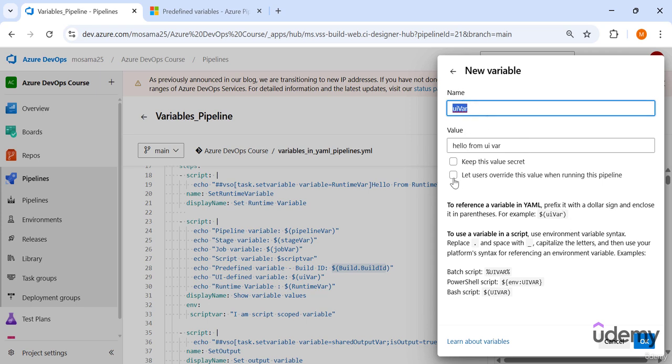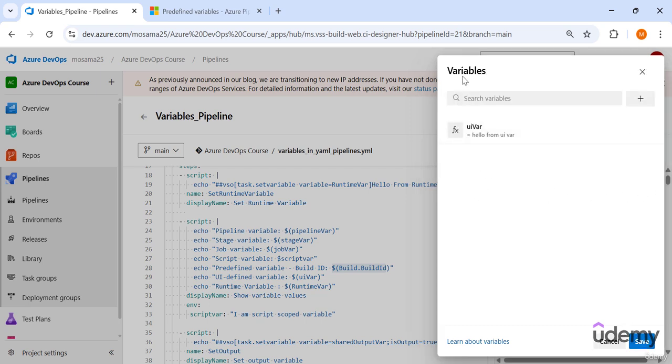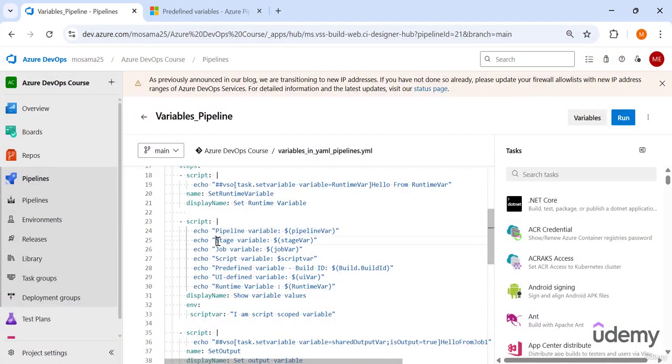Also, we can click on this checkbox to let the users override this value when running the pipeline. So the user, when running the pipeline, can go using the UI and override this value. So it's like this. Save. So there is a pipeline variable, stage variable, job variable, script variable, predefined variables, and UI defined variable using the UI,